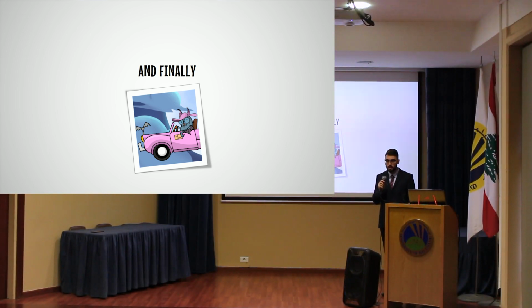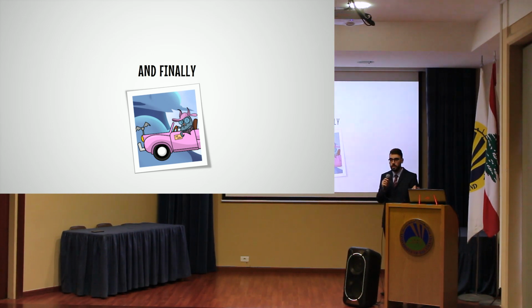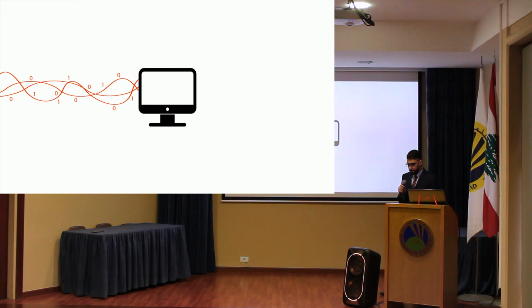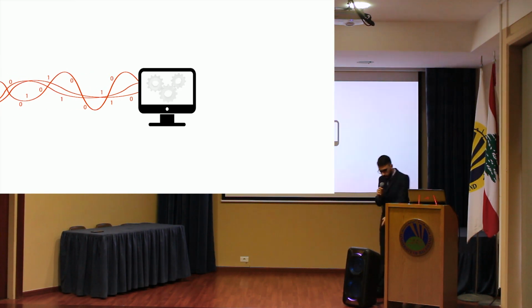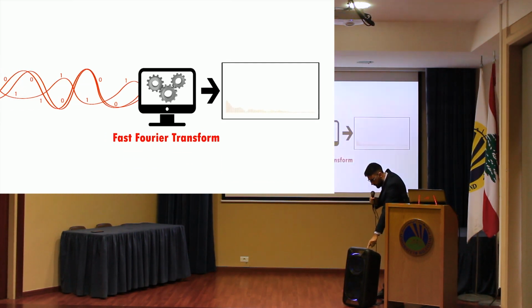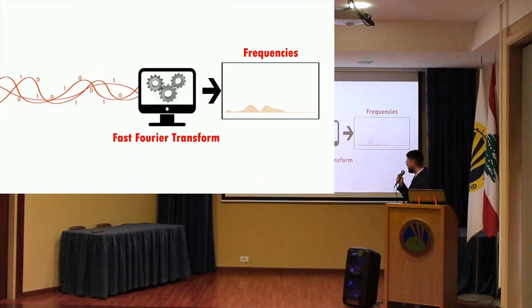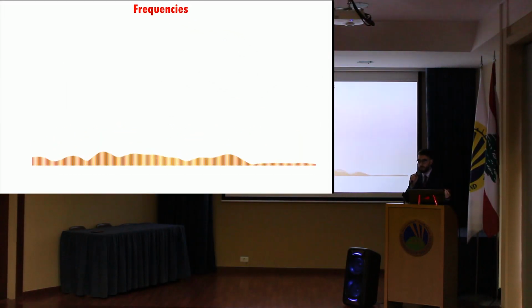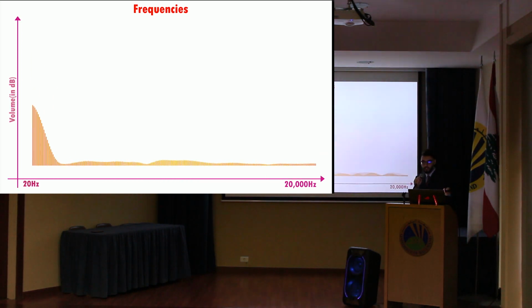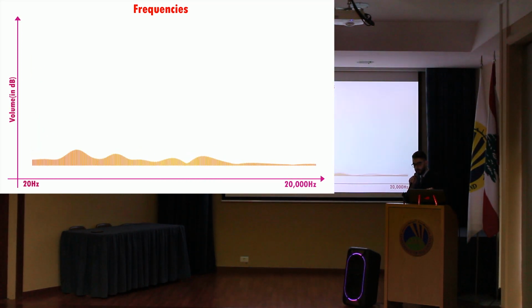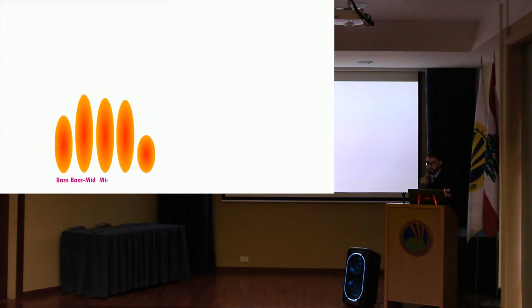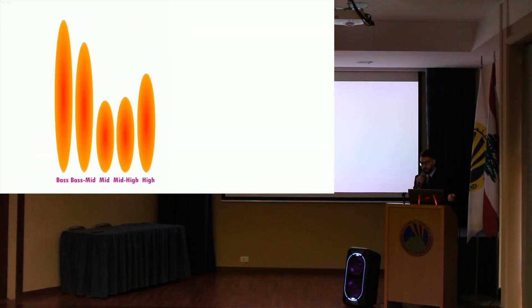I will now try to answer my question about how I made the music analysis part of my algorithms. Here's how it works. I started by isolating every frequency from the audio signal of the song, using a process called the Fourier transform. This obtains me a wide range of frequencies ranging from 20 to 20,000 Hertz. This is a lot of information, so I summarized them into categories: bass, mid, and high.